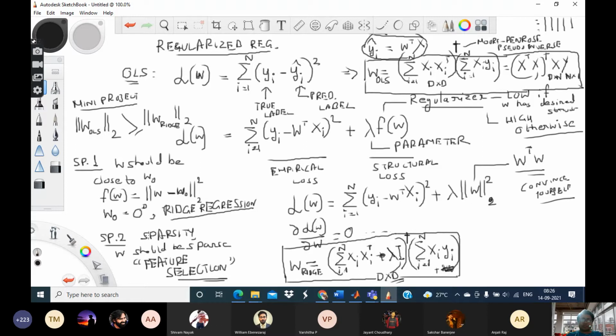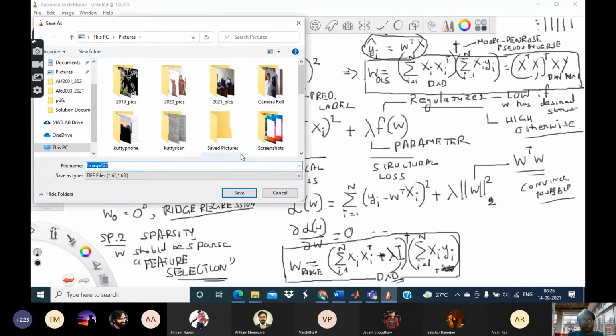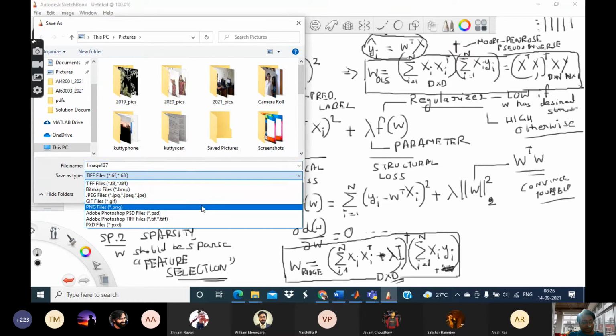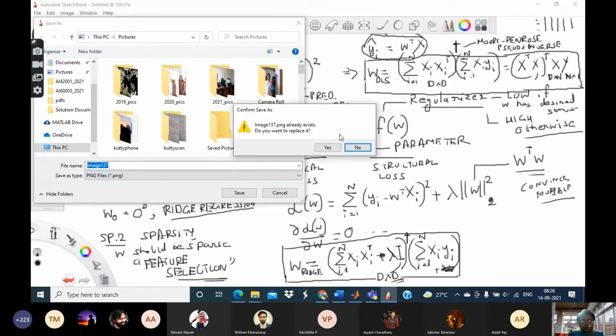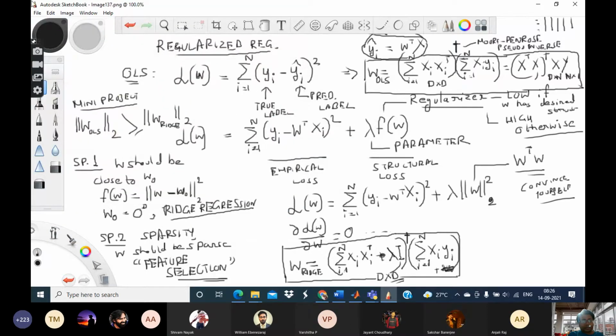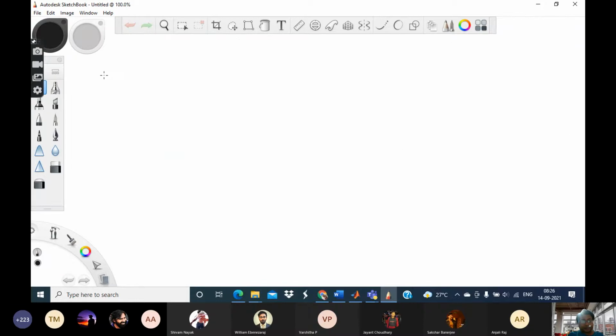If the structural property which I desire is that W should be sparse, then for that I will have to formulate a new kind of regularization function, which takes a low value when W is sparse, and a high value when W is not sparse. Okay. So just to remind you, yesterday we had defined a set of functions known as the norms